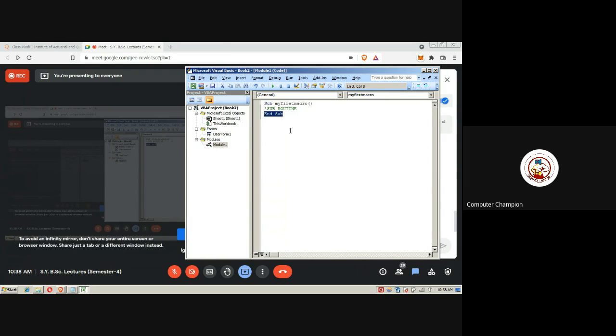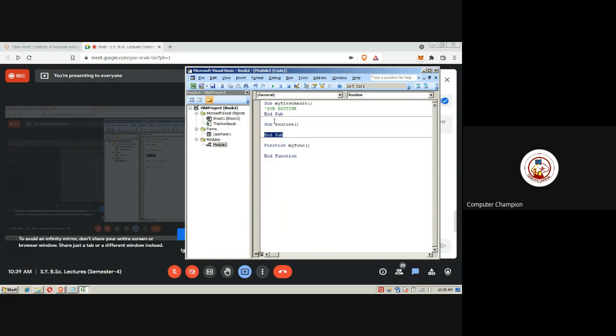Here in VBA, there are two types of functions basically. One is called a subroutine, and second is a function. As you can see on my computer screen, I have only written subroutine and the end sub came automatically.